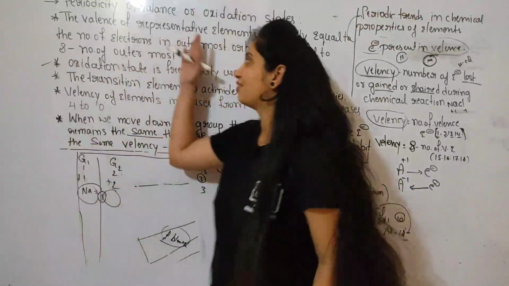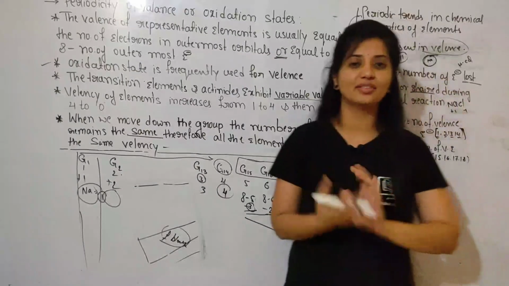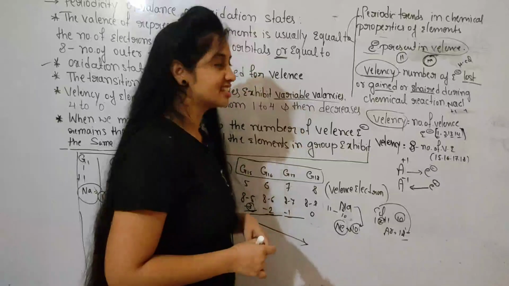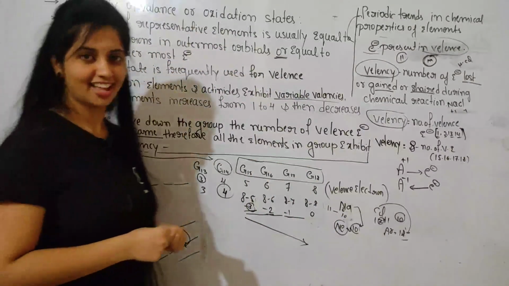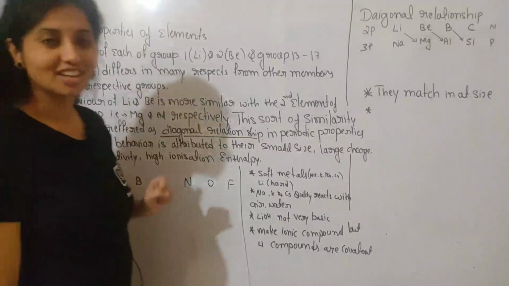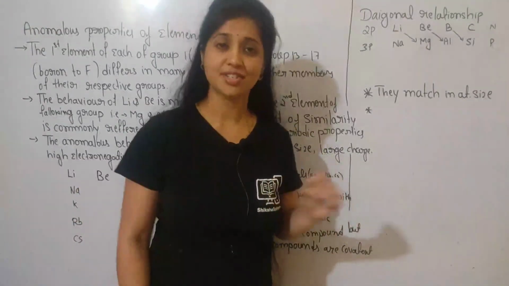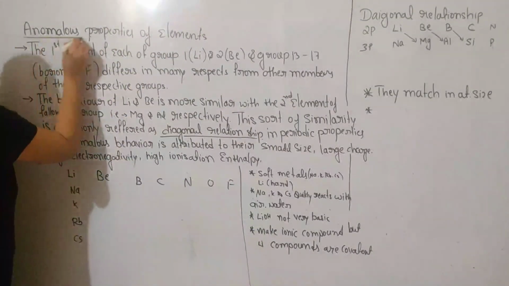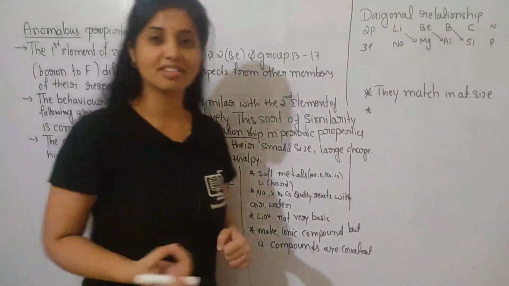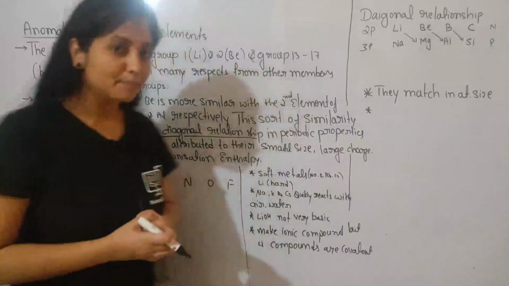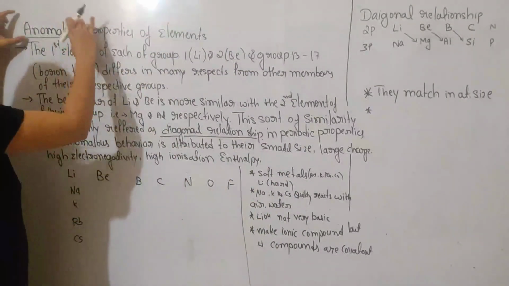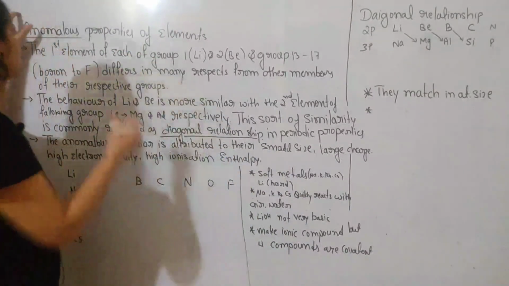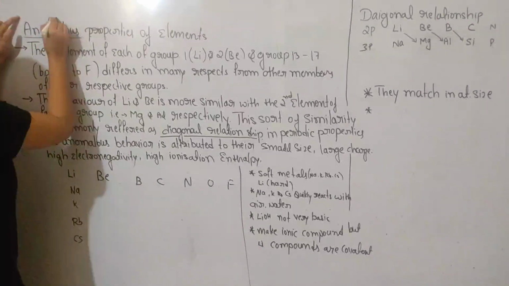Just remember these 5 points, then you will easily know about valency and the trend in valency, guys. And next one is the anomalous behavior of elements. Here first we have to know the meaning of anomalous. So what is the meaning of anomalous? Anomalous means something different or special or unique. It means which elements show different properties